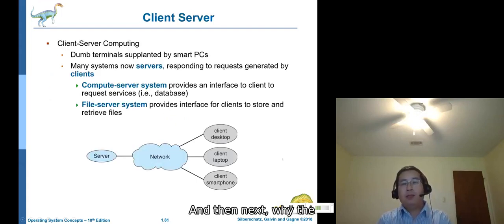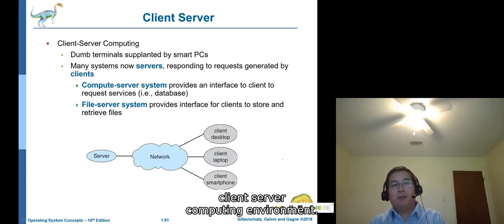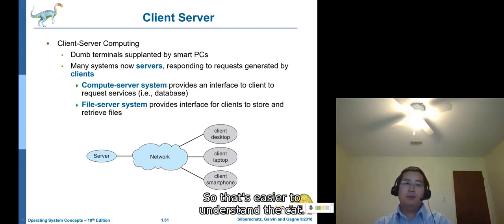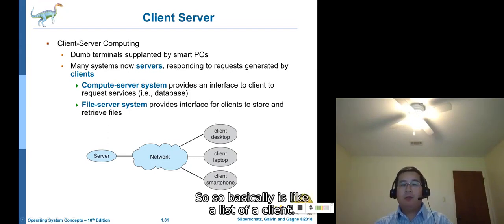And the next one is the client-server computing environment. Okay, so some may be clients, some may be servers. This is called client-server. So that's easy to understand, okay? So basically it's a list of clients.